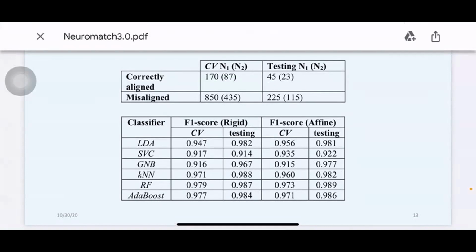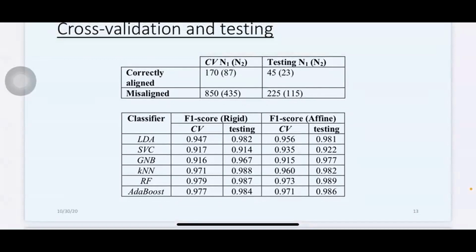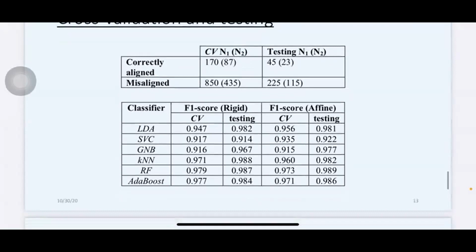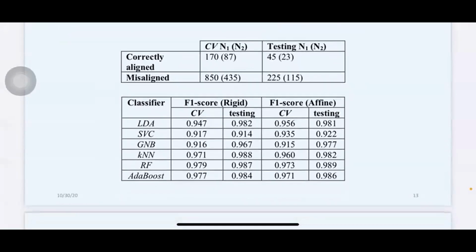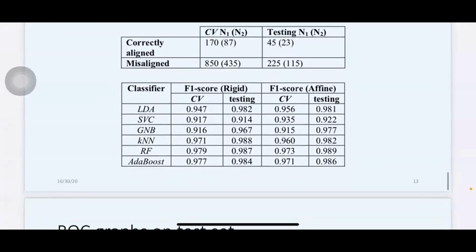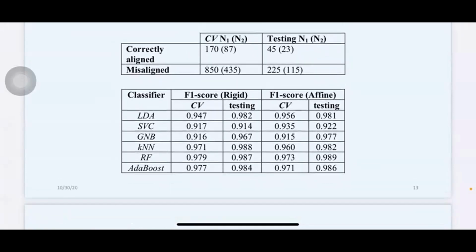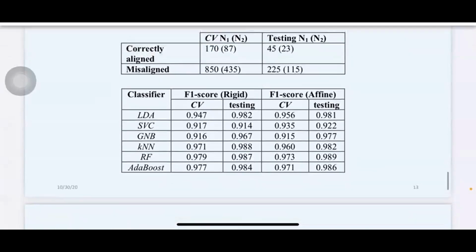Once we have the cost values computed for each correctly aligned and misaligned image, we implemented several supervised classifiers: linear discriminant analysis, support vector classifier, Gaussian naive Bayes, KNN, random forest, and AdaBoost. For KNN, we used a K value of 15. For random forest, we used 100 trees, and for AdaBoost, we fixed 100 stumps. Since the data is imbalanced,